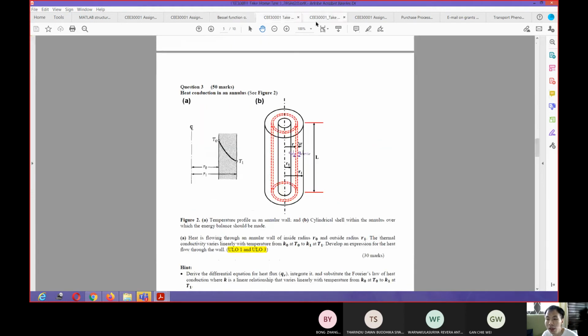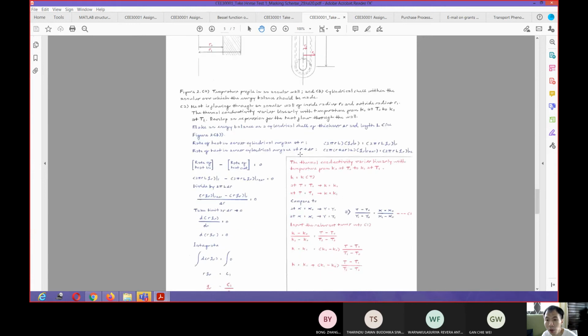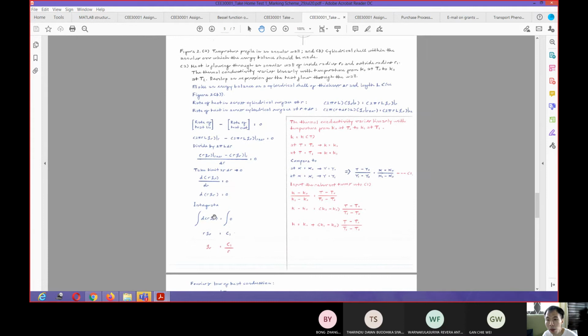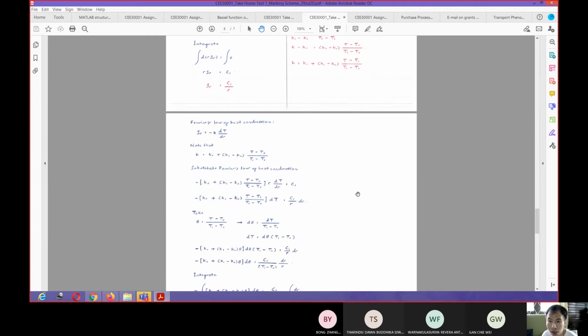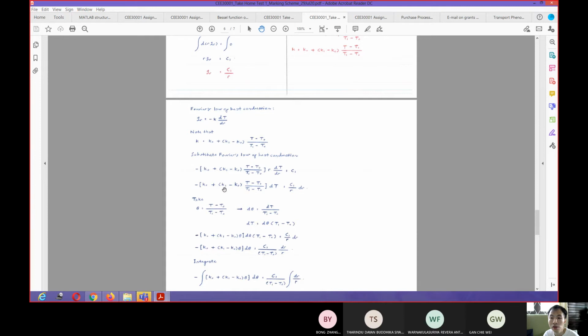Okay. And I also took the precaution of giving you a hint so that you are able to utilize the thermal conductivity. So what you need to do is put it in here. Everything has to be clear. Once you are able to do that, then you will get QR equal to C1 divided by r. Then you will get the thermal conductivity that varies linearly. You will have to get these expressions. Once you get those expressions, then you substitute into your QR. Then, if you are correct, you will get this one.